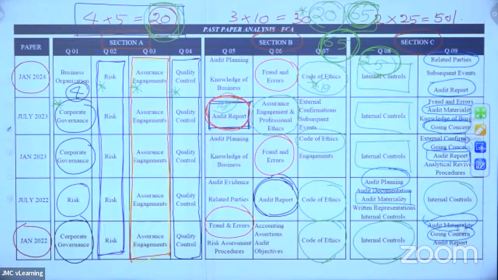Right. Okay. So there is a question that came from one of the students: Sir, we didn't do any past papers in our vLearning. So when you are doing questions, please try to give more clarifications clearly. Okay, let me clarify as much as possible. From the vLearning English perspective, I'm not the one who conducted the vLearning series, but let me have a chat with the management as well.